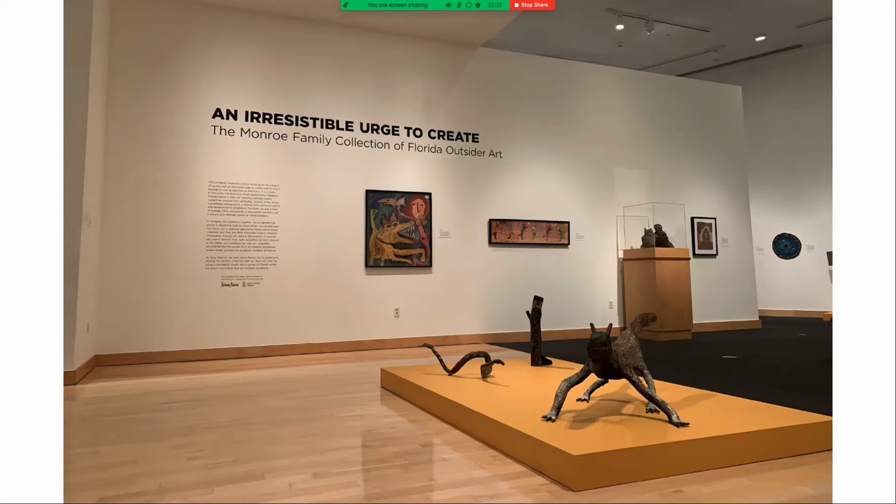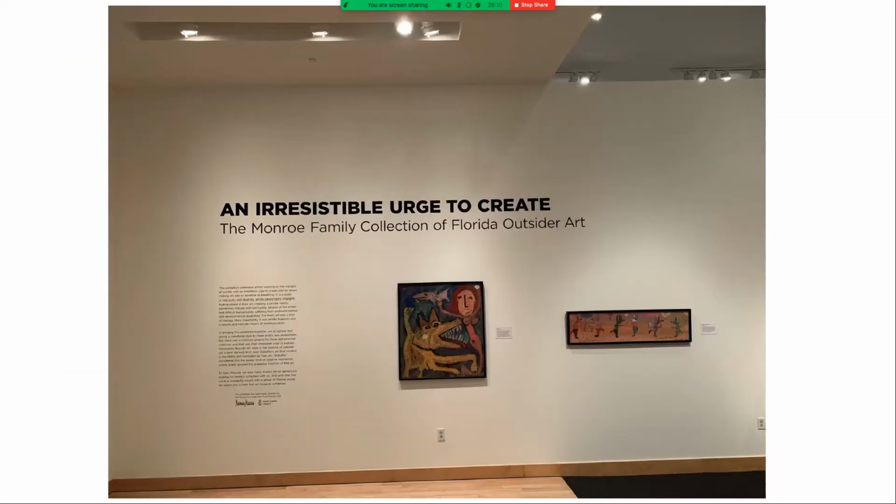And again, it too is daring to use the word outsider, because that word, according to scholars over the last couple of decades, has lost favor because it suggests a marginalization of the already marginalized. But yet these people are outsiders, making art which is frankly not their primary concern. They weren't interested in resumes or gallery representation. They simply had a deep urge to explore their inner resources and to see how they came out on paper, wood, etc. And the installation is absolutely stunning,